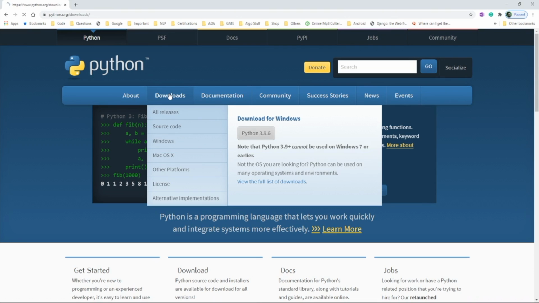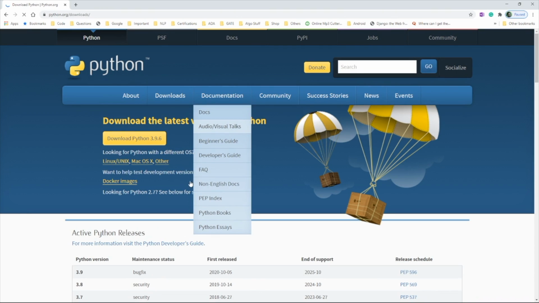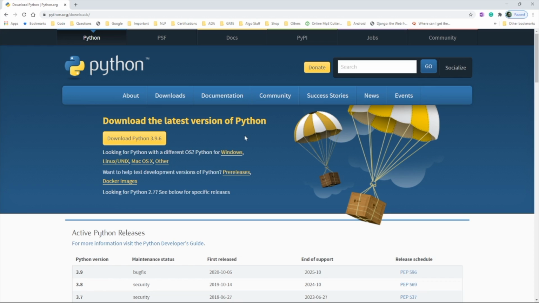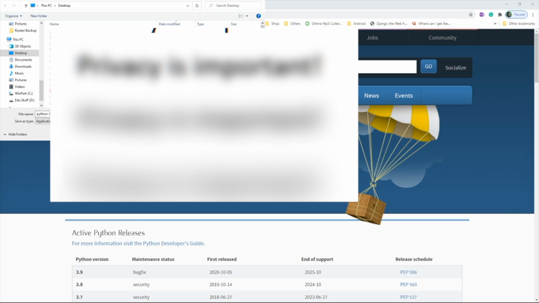So if you go into the download section, you will see that they have detected that now you are on Windows and therefore they give Python downloadable. So you simply click on the download button, which should give us a pop-up to download this. Okay, so we have got our window,